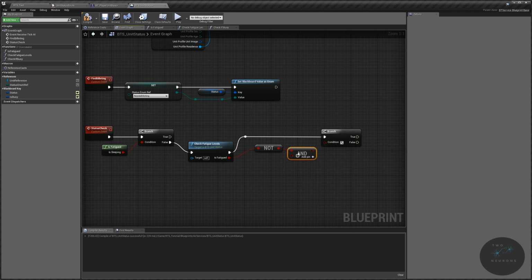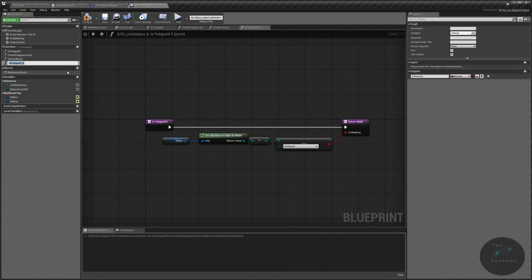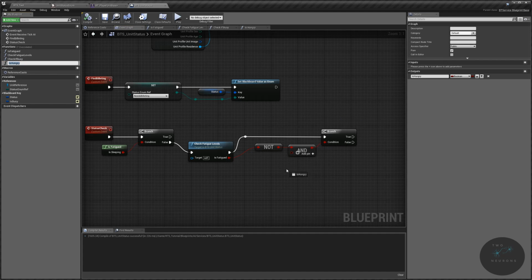So we're going to create another pure function. Just going to drag that up there and place that into there. And to make this pure function, I'm just going to duplicate the is fatigued. And it's going to be is hungry. And this will change over to is hungry. We're going to change this to is hungry. I'm saying the same thing over and over again. I'm sorry about that. All right, let's go back to our main graph here and grab the is hungry check,